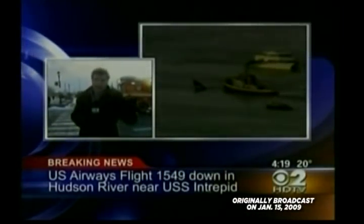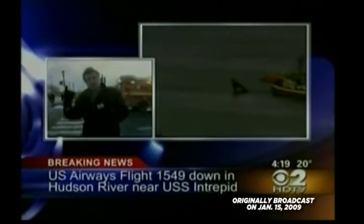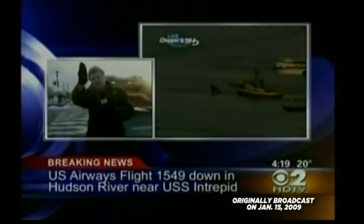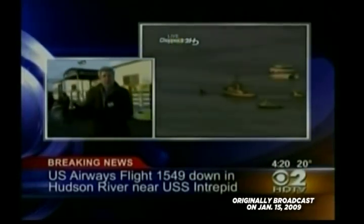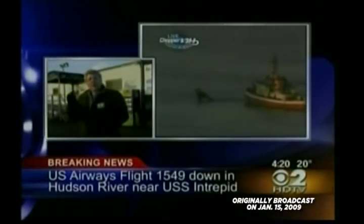I got out of a cab at 51st Street to try and put an eyeball on this thing and hoofed it all the way to this point, 21 blocks. We passed Marsha Kramer and her crew up at about 50th Street, where they were getting people off at the ferry station. We heard people say that they heard the sound of an engine explosion and that this appeared to be a controlled landing by the pilot. The pilot apparently did a very good job. I heard one witness telling police officers that he saw the plane apparently slowing down and setting down under a controlled sort of crash on the water,